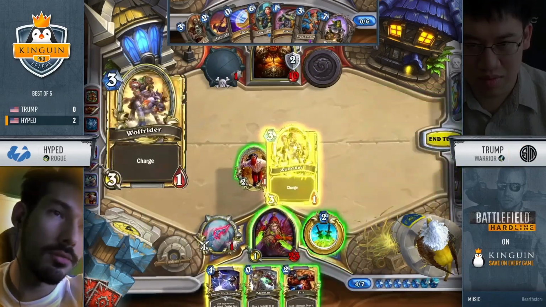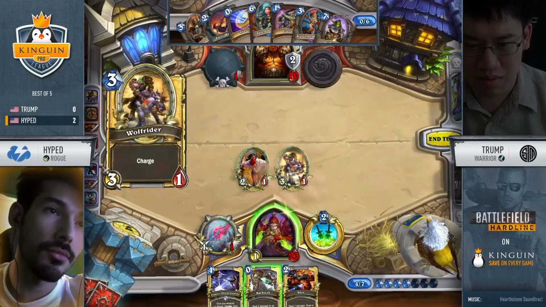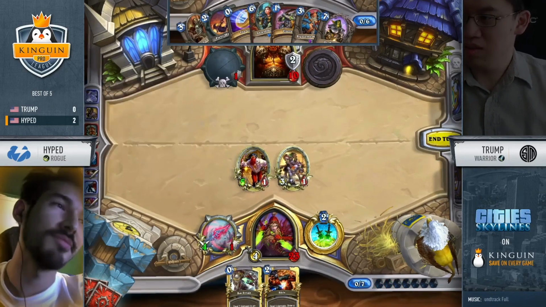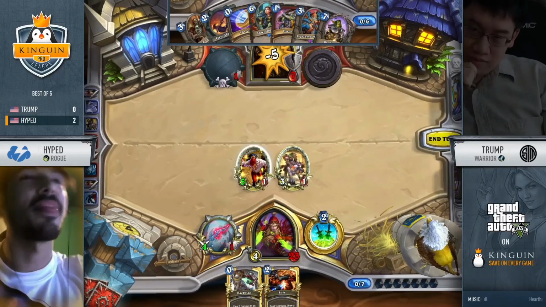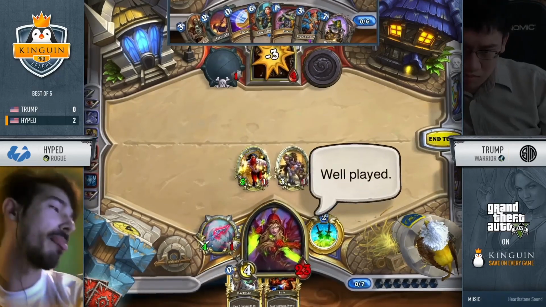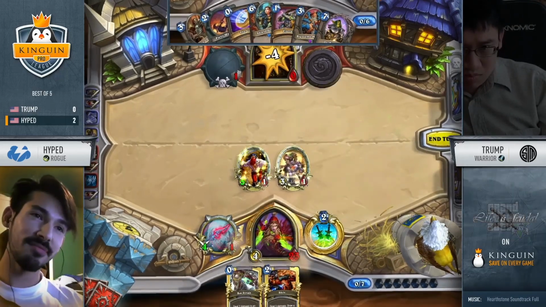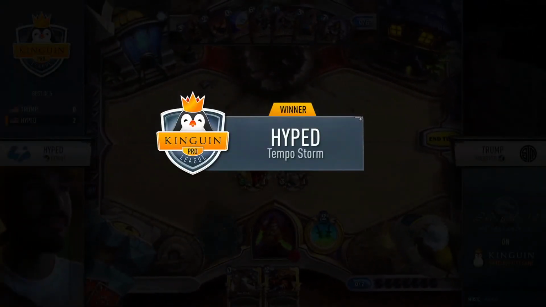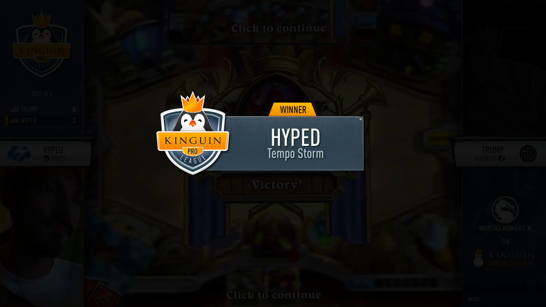Yeah, and Hyped has the Wolf Rider anyway to enable the Tinkers, so that's not going to be a problem for him. And I think that might just be game. Yeah, I think that is game. Exact lethal here, I believe, for Hyped. That is a 3-0 from Hyped over Trump. This is just a blowout. This Rogue deck coming out of nowhere, surprising Trump, and I think Hype's gonna